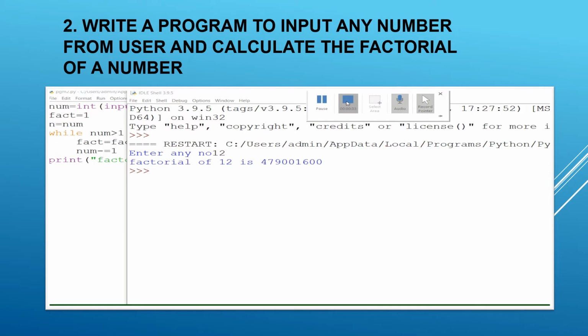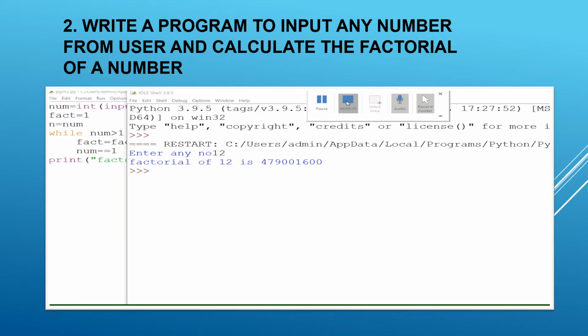Then we go and check, num equal to num minus 1. So 5 minus 1, we get 4. Again we check num greater than 1, yes, 4 is greater than 1. Then again fact is equal to fact into num, that means the fact value we already got, 5, into 4 gives 20.